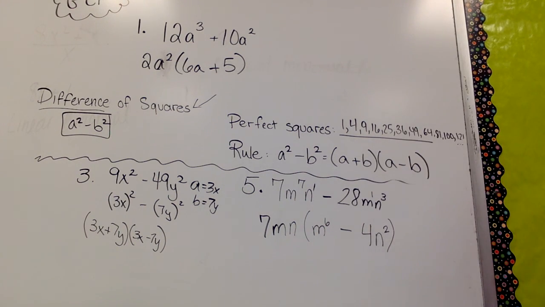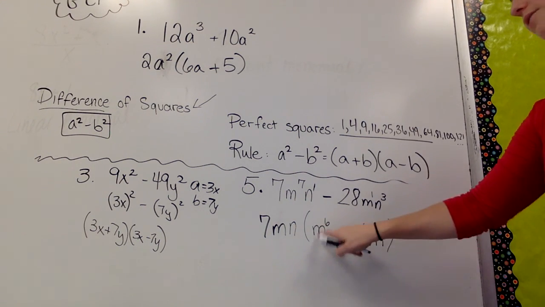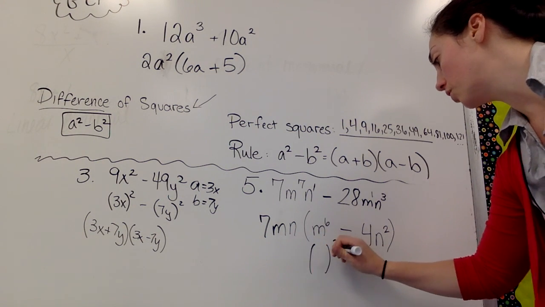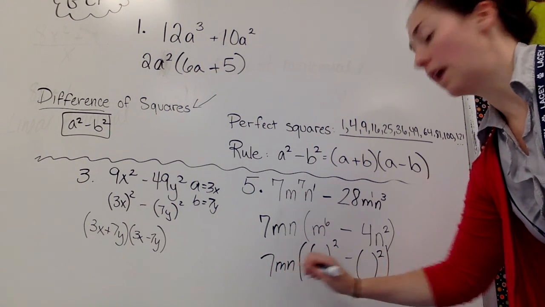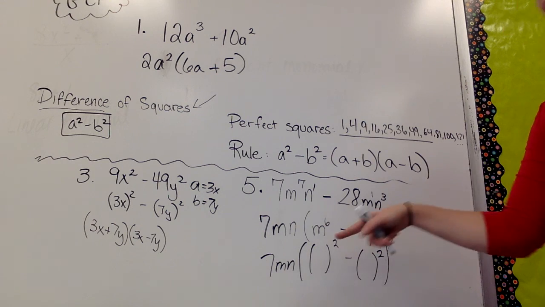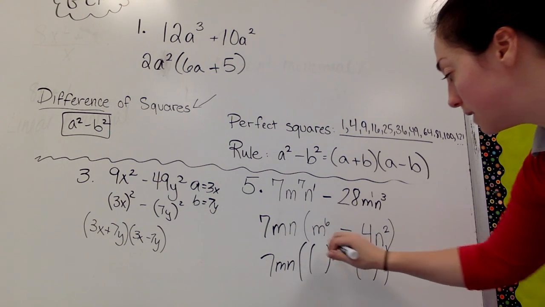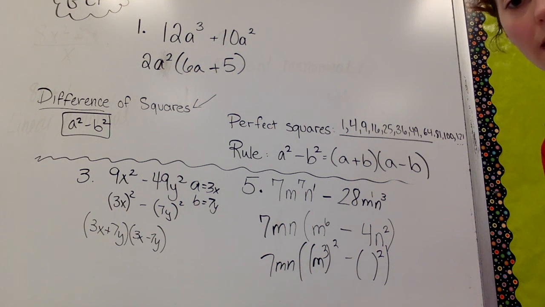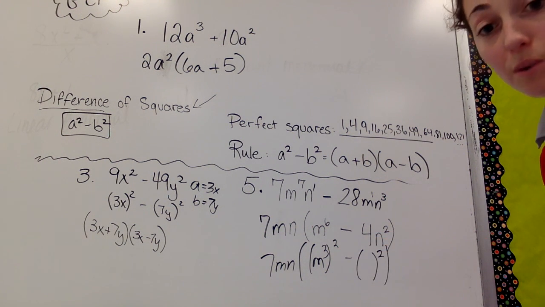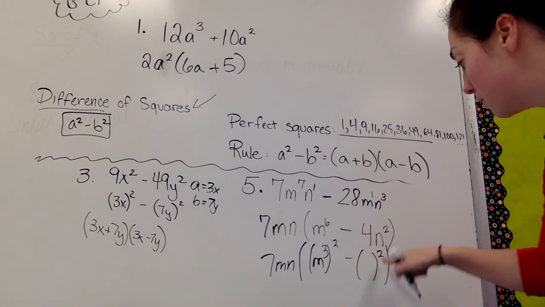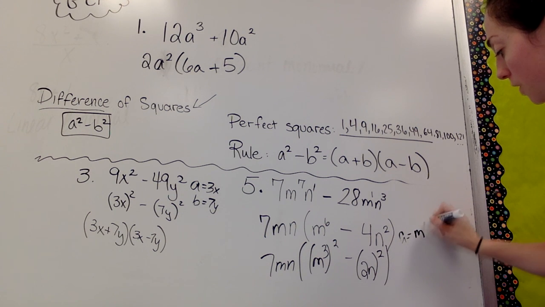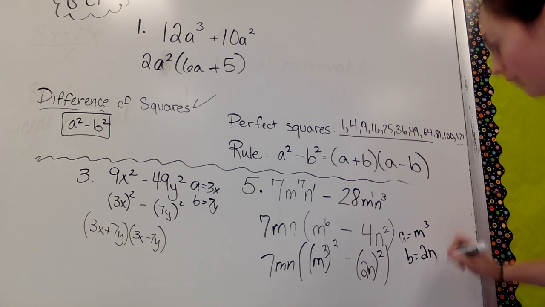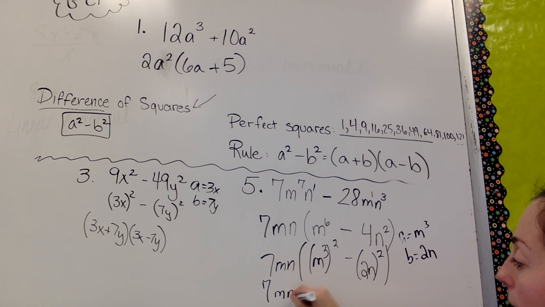Now, it's a little bit harder to see that this is a difference of 2 squares. You have to manipulate both of these to turn it into something squared minus something squared. 7mn is still outside. So what can I do? Well, you have to know your power rule. What times what gives me 6? 3 times 3. So m to the 3rd is the perfect square. Then, what squared gives me 4n squared? Well, 2n. So then from here, I know my a, it's m cubed. I know my b, it's 2n. And my final answer, 7mn, m cubed minus 2n